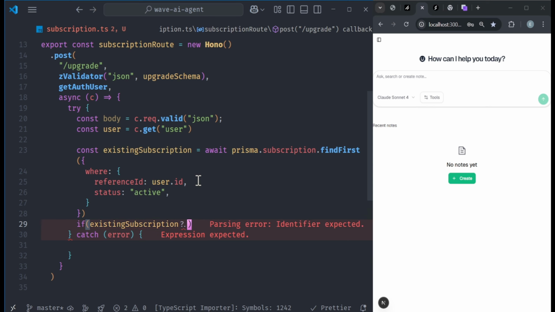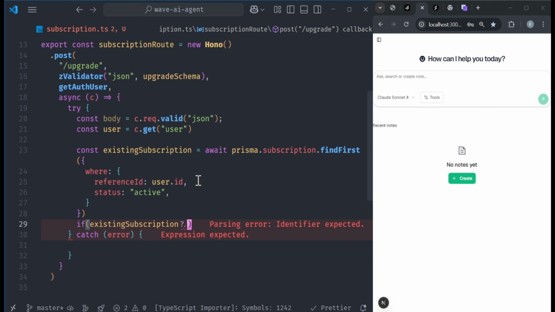Let's import that from Hono, InferRequest. Sorry, not infer. Okay, yeah, we can see it here. InferRequest, and then we can set the type of